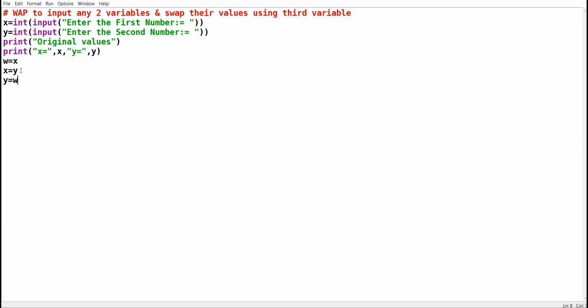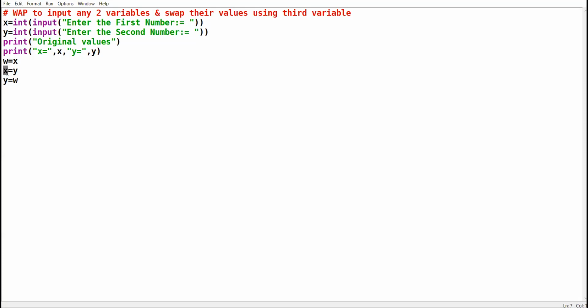See again. X has given or assigned its value to a temporary variable w. W is having the value of x. Y has given its value to x. Y was 20.